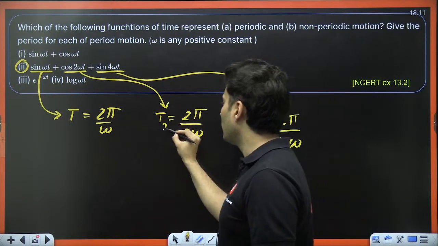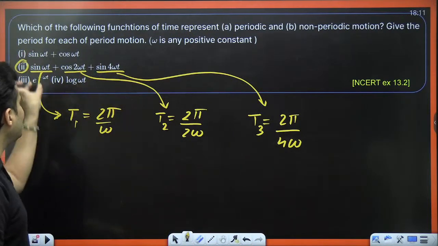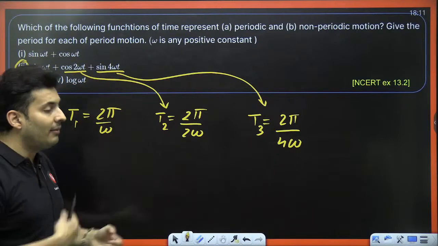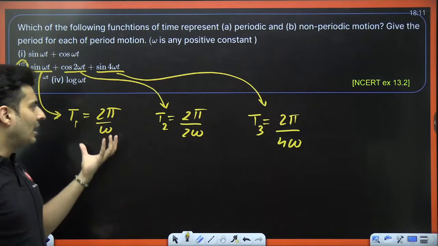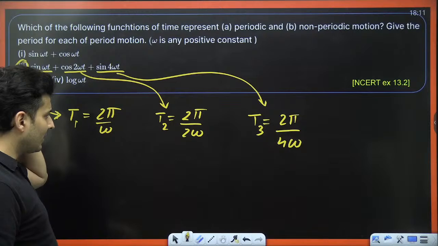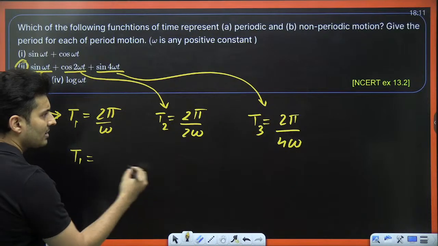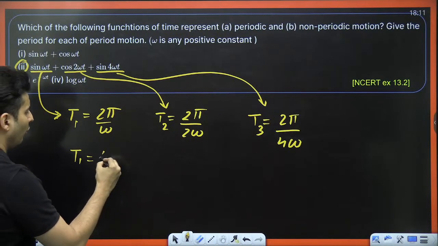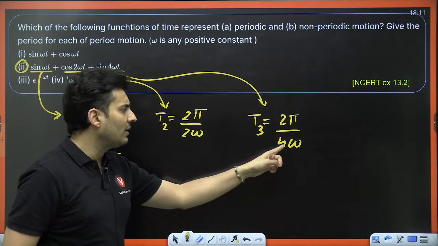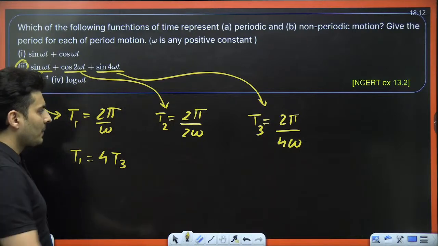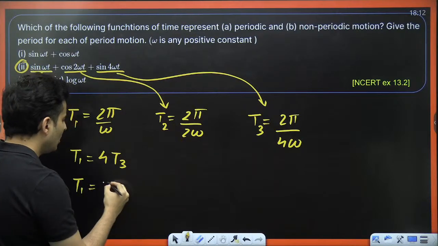I will call this T3, I will call this T2, I will call this T1. These are individual time periods. Each one of them is periodic and has a different period. So they will repeat again after some time, 100%. So you can see over here, if I multiply T3 by 4, I will get T1. 4 into T3, I will get T1. And in the same way, I will also get T1 by multiplying 2 with T2. 2 times T2.